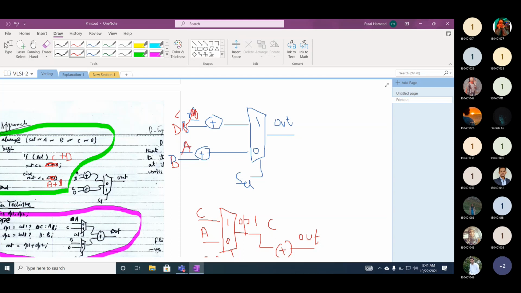No, it's not always true. If you compare the carry look ahead adder implementation and the ripple carry adder, the ripple carry adder has less hardware compared to carry look ahead adder. So it's not always true.